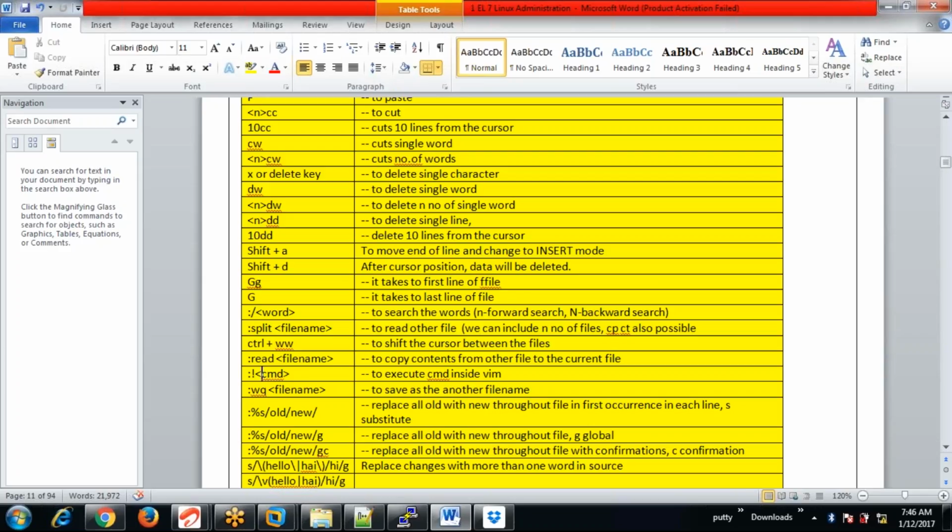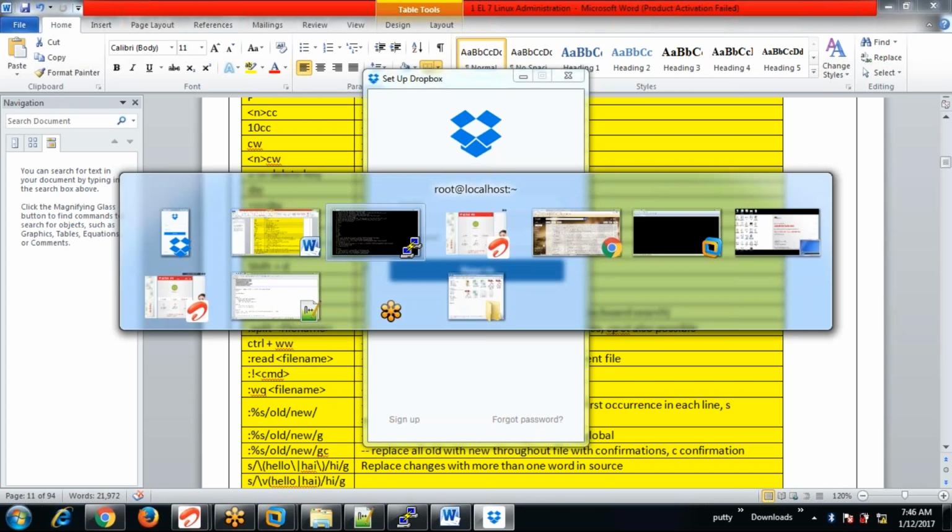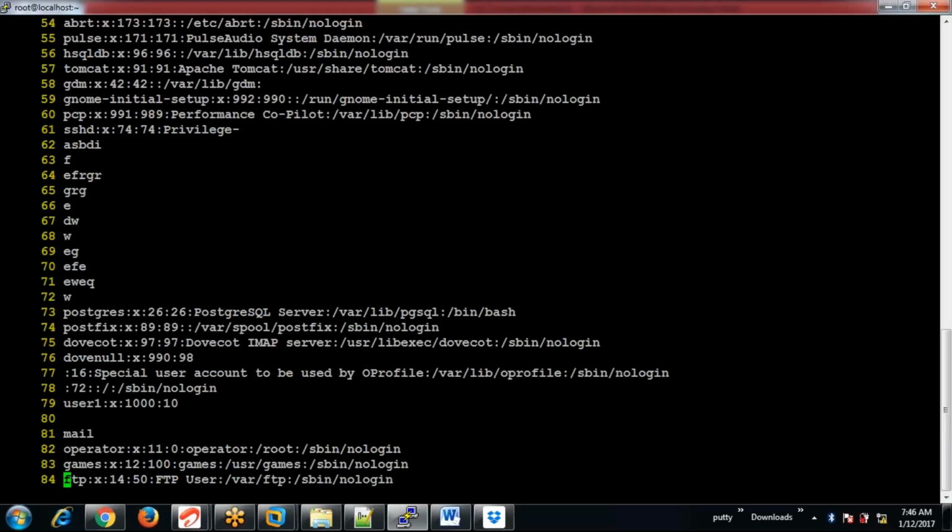The next one, if you want to execute a command within the VI, you can use this exclamation mark. Now say for an example, if you want to give the permission, you don't want to get away from the file. Just being in the VI, you can execute the command.